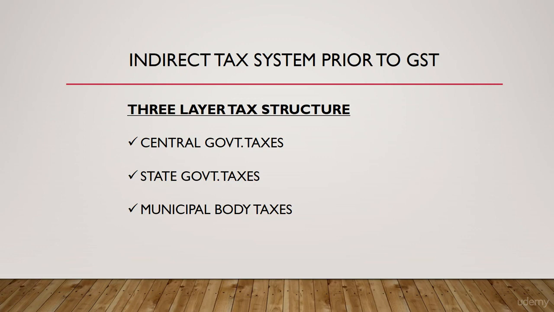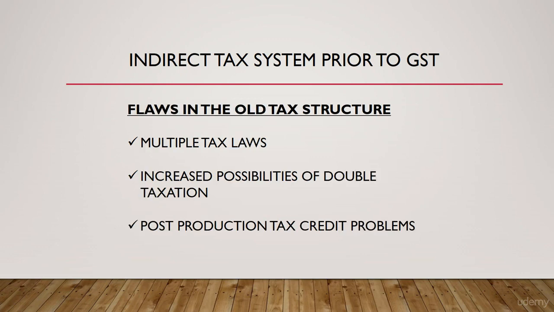So, businesses either manufacturing or services were liable to pay taxes to the union government, the central government, and the local bodies like municipalities, because all of these bodies had the independence to collect taxes. In practice, there were a number of flaws in the old tax system. The primary cause of most of these flaws was the control of multiple authorities over taxation on a single business entity. Multiple authorities being the central, state, and local governments, as I had explained just now.